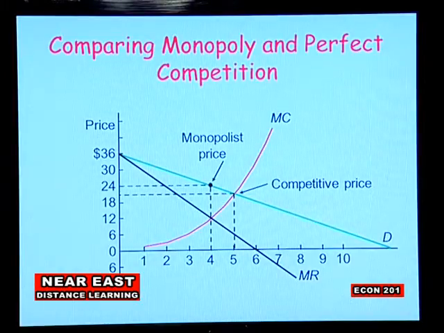So if it is market competitive firms, the price will be determined at the point of intersection between the supply curve and the demand curve. And we all know that MC is the market supply curve. At the point of intersection between the demand curve and the MC curve, which represents the supply curve, will be the price for a perfectly competitive firm, and more units of output will be produced, as opposed to monopoly that will produce 4 units, while in perfect competition it will be 5 units of output,